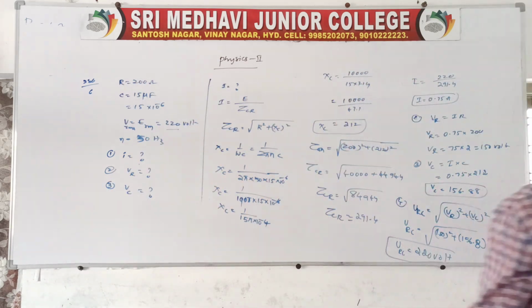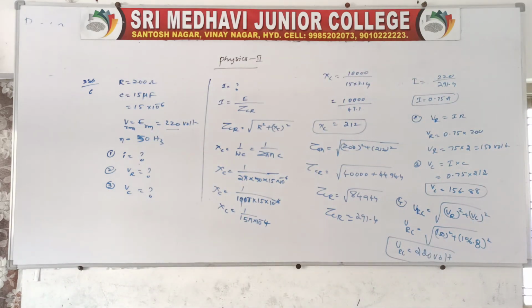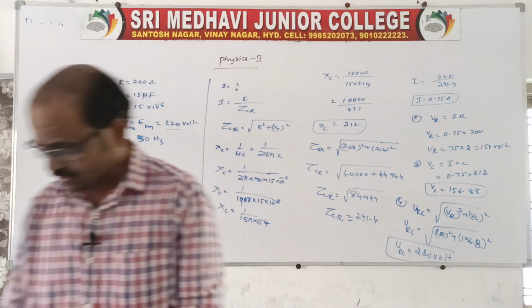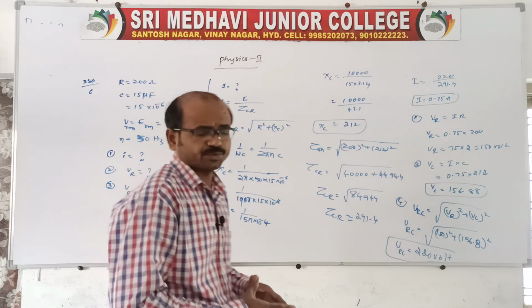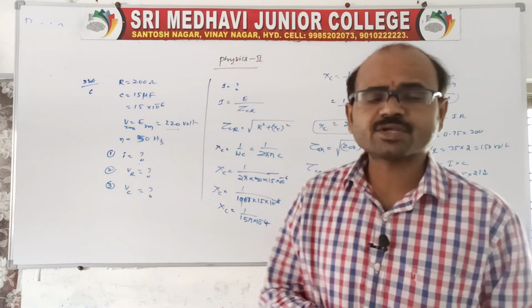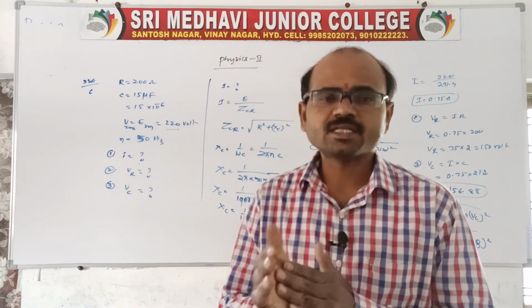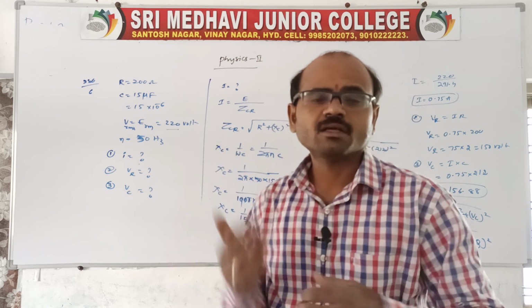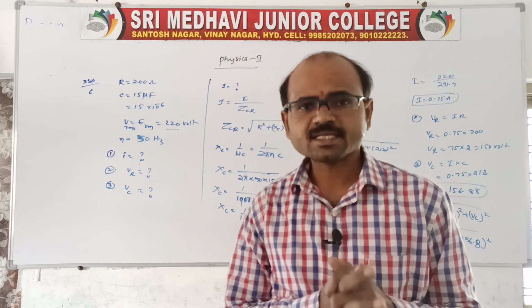So you go through this question. We'll see the next combinations in the next class. This is one question related to the CR circuit. Like that we have other circuits, the LC circuit is there. In that LC circuit again we'll do the same, we need to find the current and all. So this is about today's class, and we'll see in the next class.